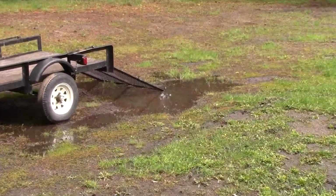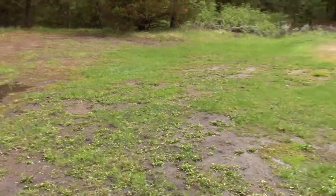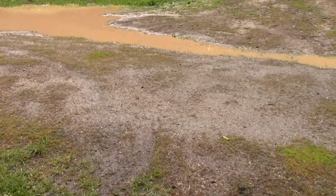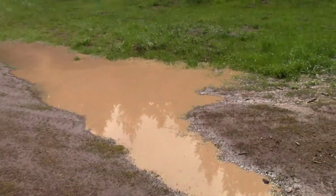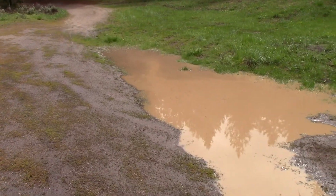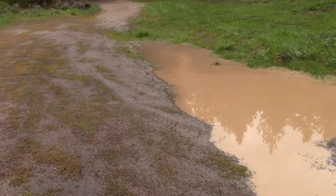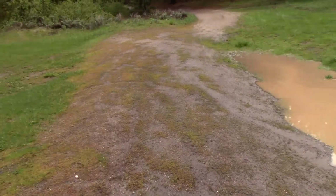But there's just puddles everywhere. And then the road over there is pretty slick. And it's going to rain. This is kind of a 2-hour window here, I think it looks like. And then it's going to rain until about midnight. And then it's going to stop until tomorrow about noon. So I either need to take advantage of this little dry spot and get out of here,